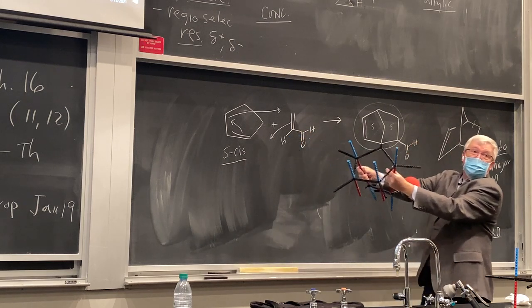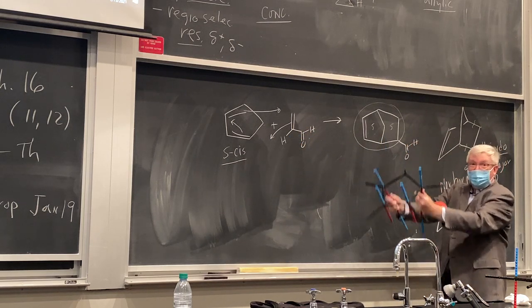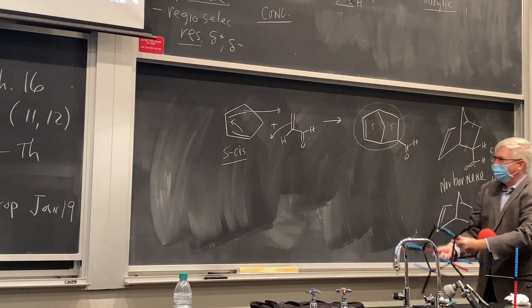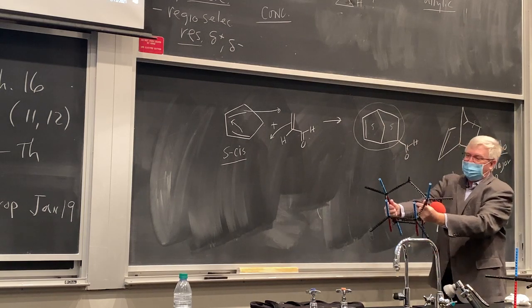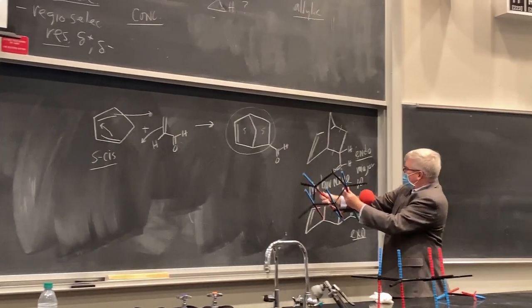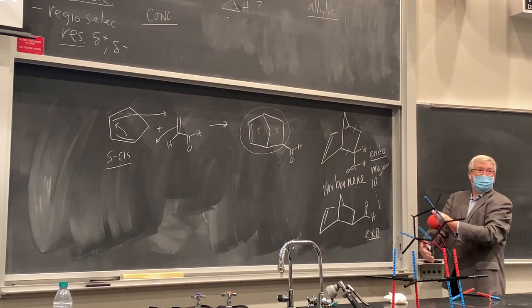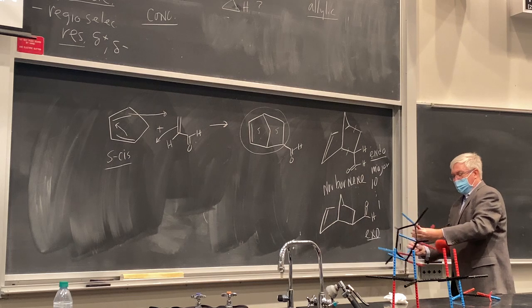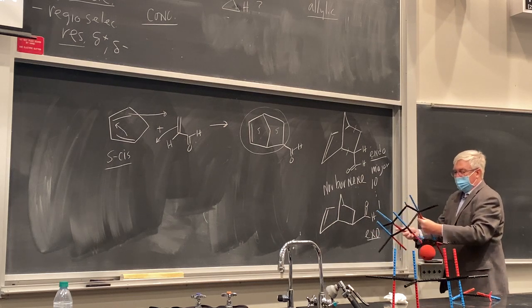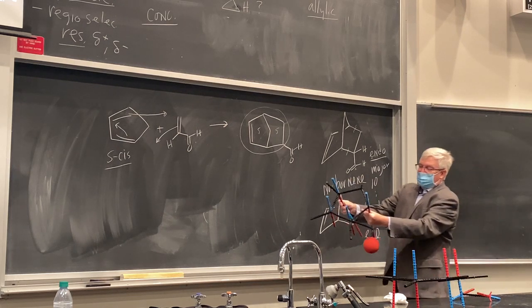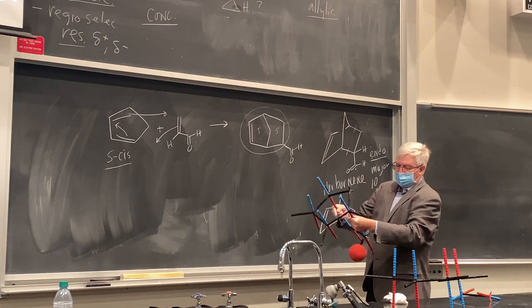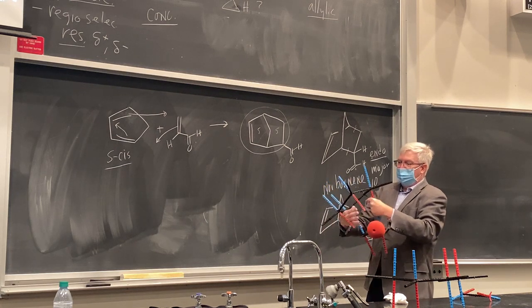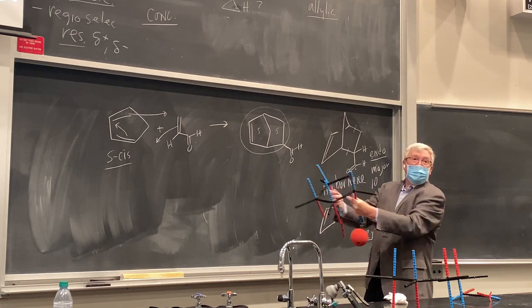I switched the stereochemistry because I switched the facial selectivity, it's called. I brought together the opposite face there. And then that is this, okay? So those are different, aren't they? You see here, the aldehyde, or the electron withdrawing group, tucked underneath. You see the red ball is close to this pi system back here, underneath